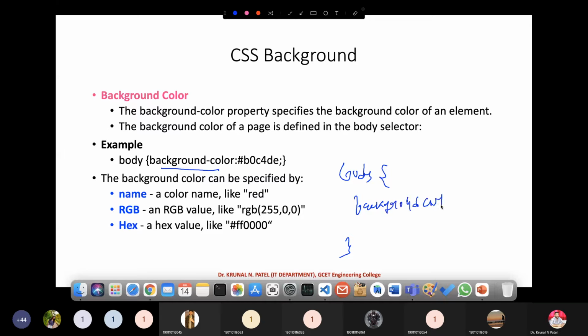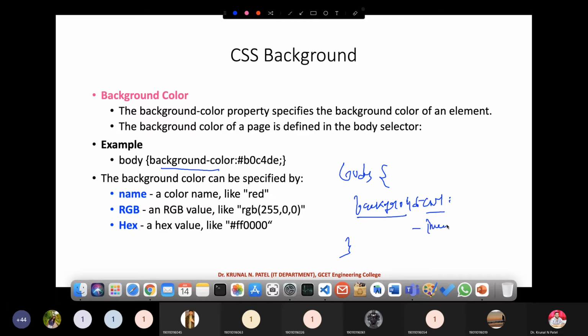color, background dash color. One thing you have to note is that background is a common word because we are dealing with the background property. If you have observed in our previous slide with the properties, background is a common word. After that, you have to put a dash. If I want to change the color, I just change this.